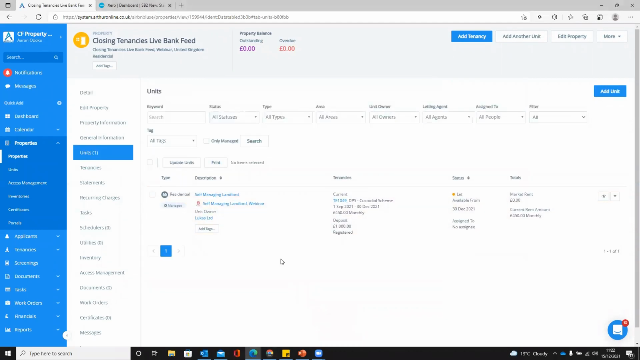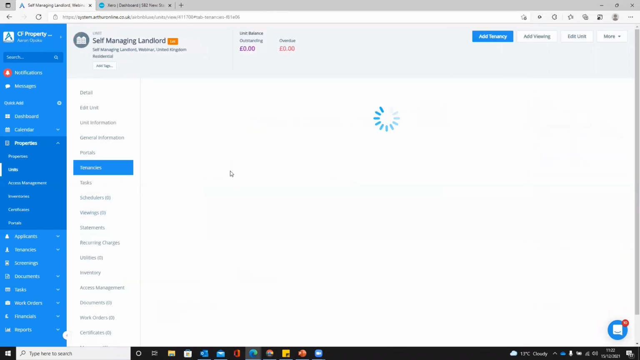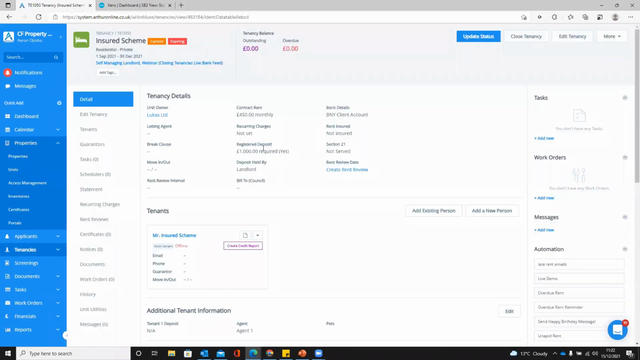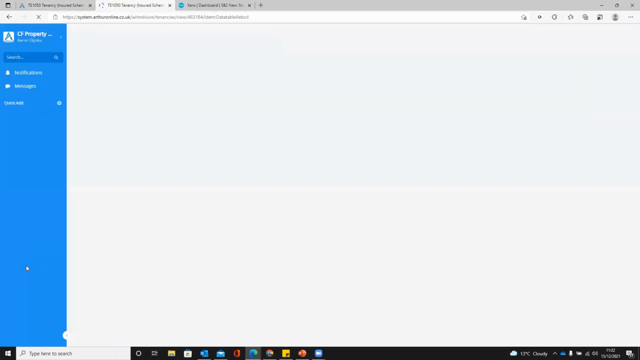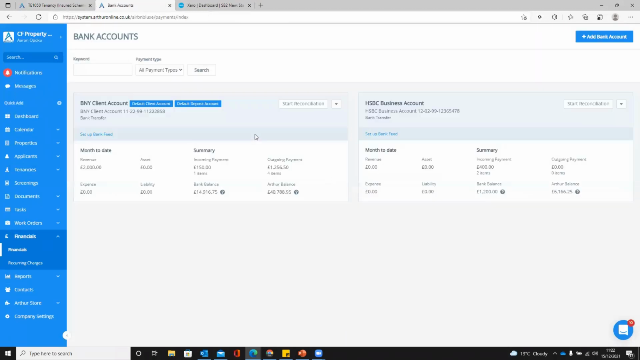So on the bank feed, this is going to be a bit interesting. I'm going to do a couple of deductions here and show you how that works with both insured and DPS. Just as before, we'll do the insured scheme first. I'll duplicate this tab and get the bank account open as well. So if we go to bank accounts,